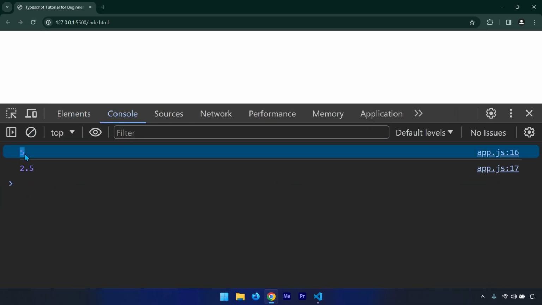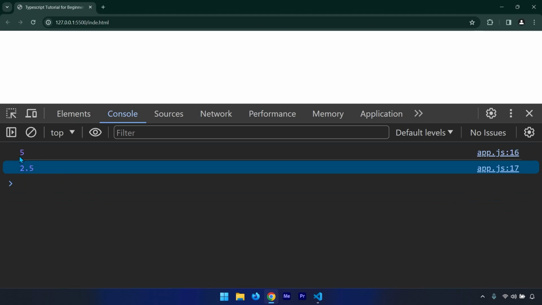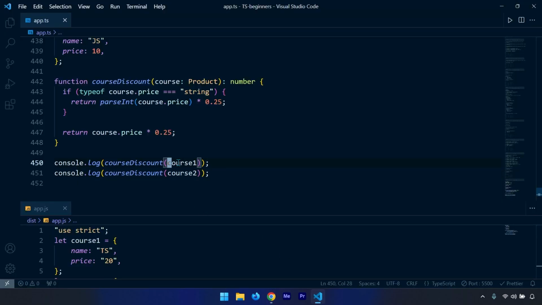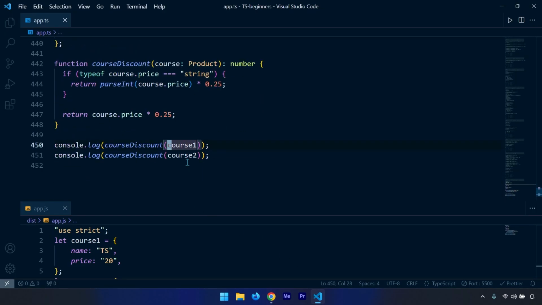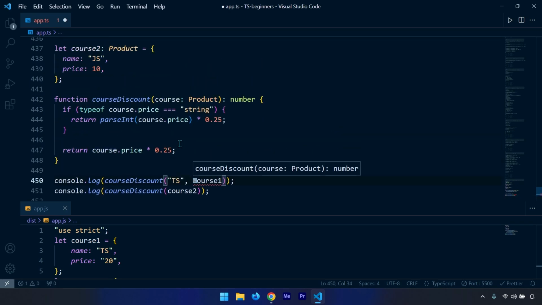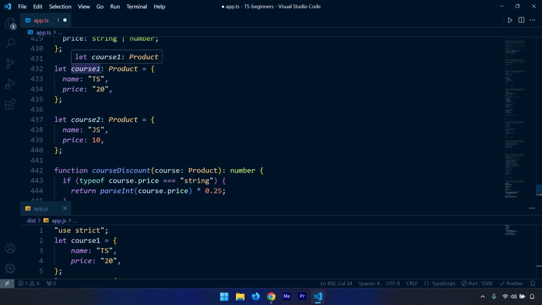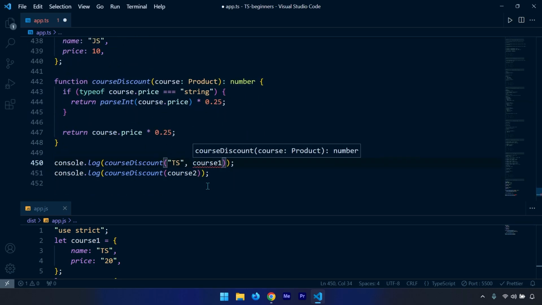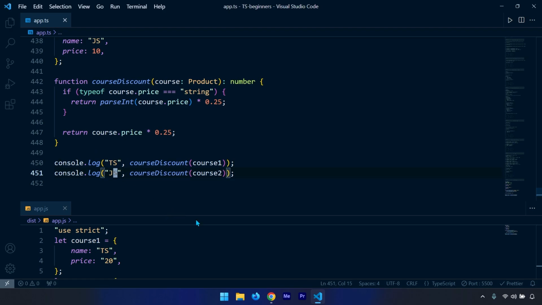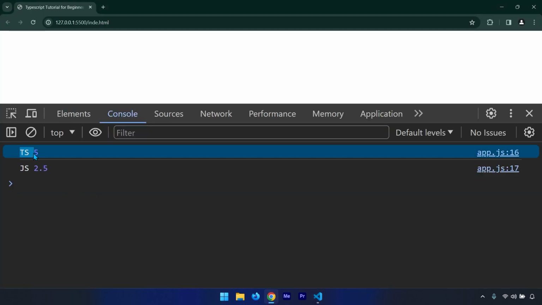So we can see that it is off by 25% here and off by 25% here. So first course first, that is TypeScript. Just write TypeScript is off. The original price is 20, and 25% of that is 5. That is off. Whoops, I shouldn't provide that there. I should just provide it right here, and I'm going to provide it here as well. And I'm going to change this to JS just to make sure. Not that this matters. So TypeScript is off by $5, and JavaScript is off by